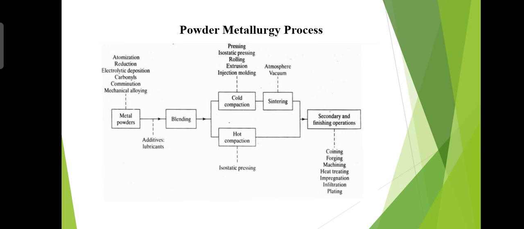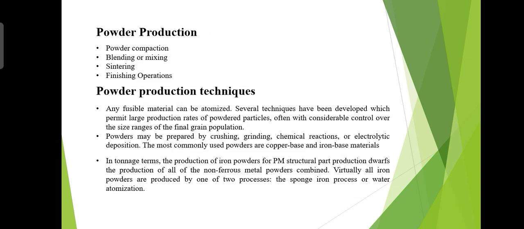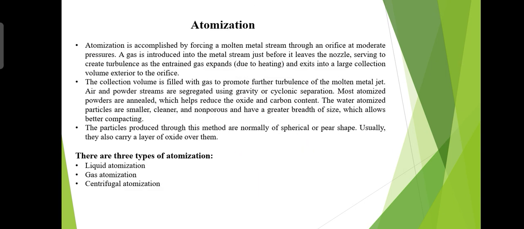There are also methods of mechanical agglomeration where, for example, a hard constituent is mechanically driven into a softer matrix particle to form a composite powder. Indeed, simple ball grinding can be used to mechanically alloy two or more constituents together. So these are the basic methods that I told you are used to produce metal powders. And atomization is the most important method that is used to produce metal powders.